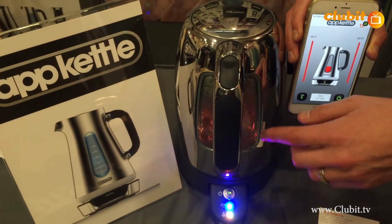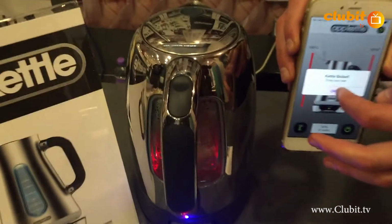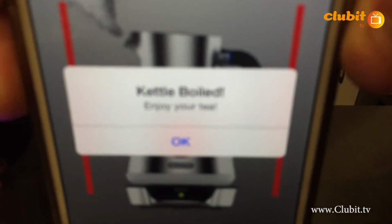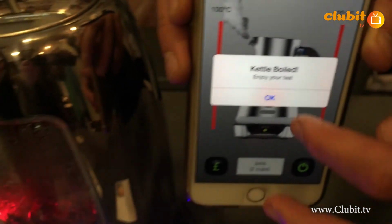Can you see how it's just changed there? There's the orange and then the red. And that's it. The kettle's boiled. So you see when it's boiled, it tells you, it goes to the red. But you see, there's a couple of other features like...